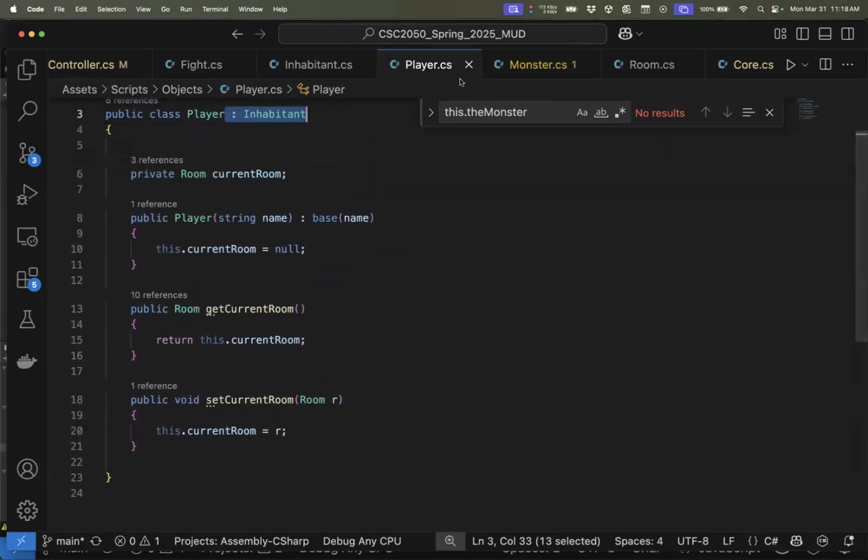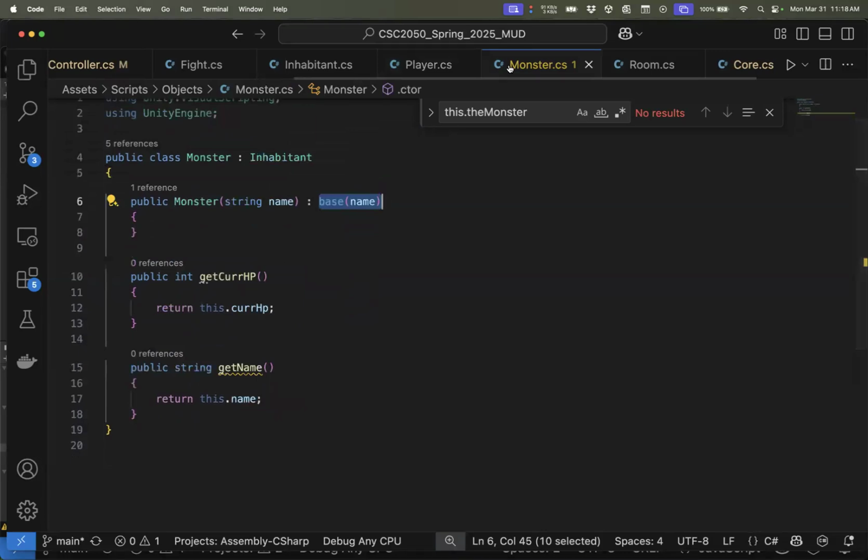We've got get current room. Okay, so let's talk about updating these guys a little bit. As we're getting ready to go into our fight, is it just the monster that we need to have access to their current hit points? We need all inhabitants. It would be nice if all inhabitants gave us access to their current hit points